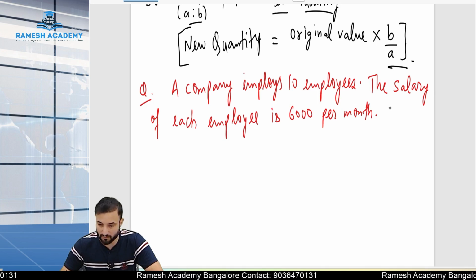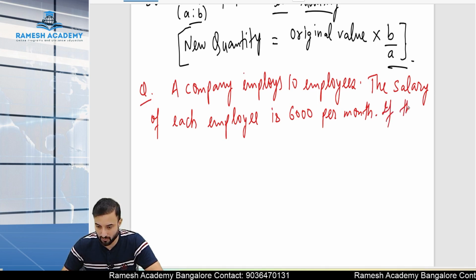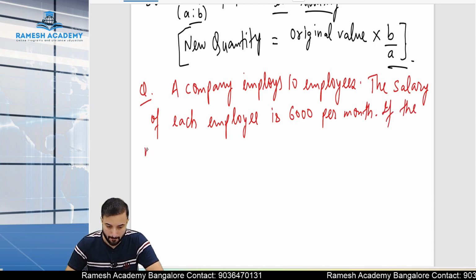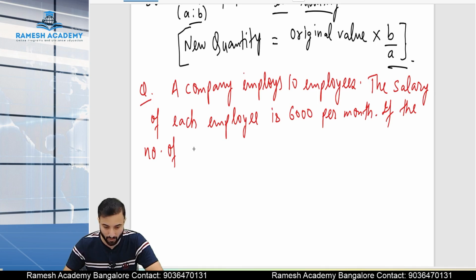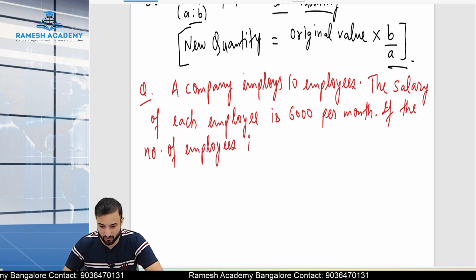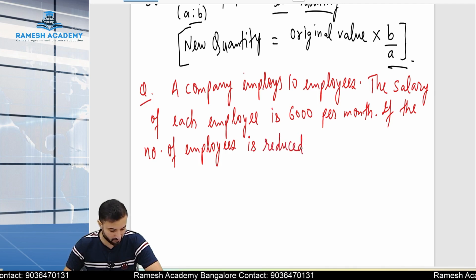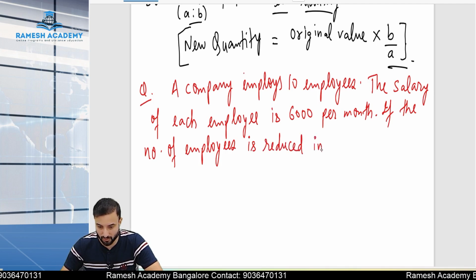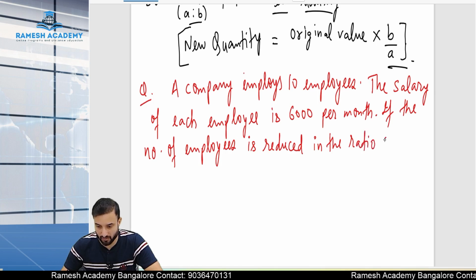If the number of employees is reduced in the ratio 5:4,